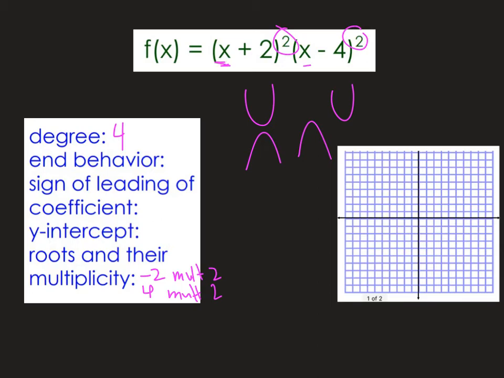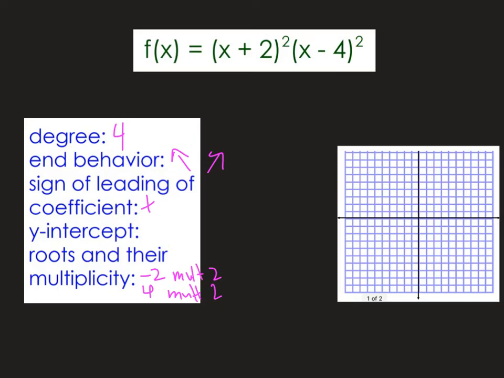I don't see any negatives happening here for the x's, right? So what that means is that those are both going to become positive when I square them. And positive times positive is going to be a 1x to the 4th. So since that's a positive coefficient, I know that the end behavior of this thing is going to be up and up. So that's this version right here. The y-intercept is going to be,